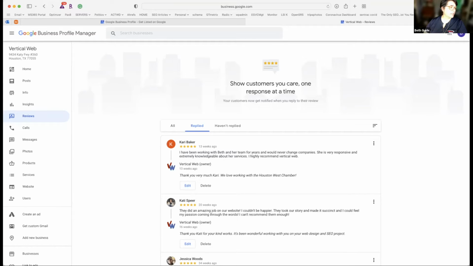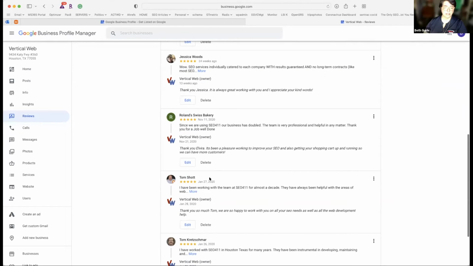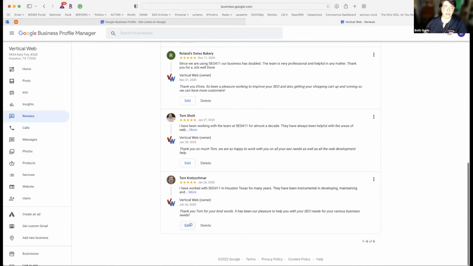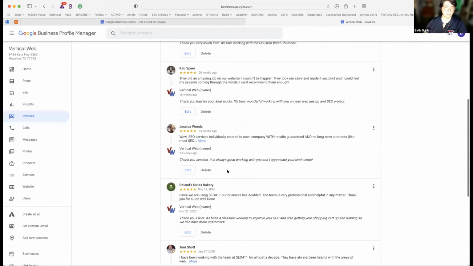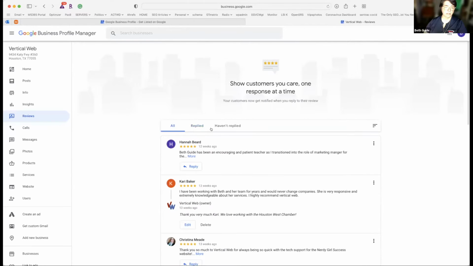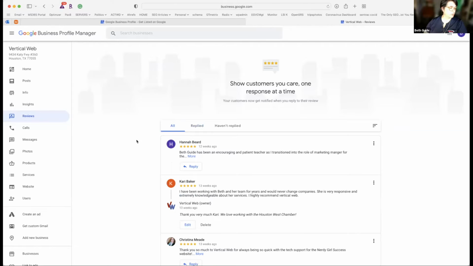This one says, where is the owner name defined? I do not want my email address to show in my reply. It doesn't. It's in the review. If you hit edit, see, here's my reply. When I hit update, it posts it off of here. It doesn't put my email address in the reply. I didn't respond to this one, so if I wanted to answer this one, I could answer it right here.